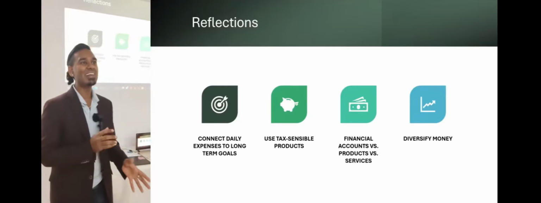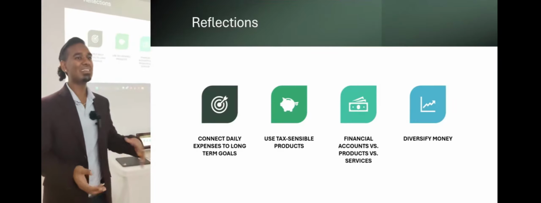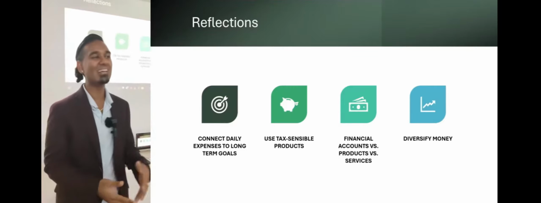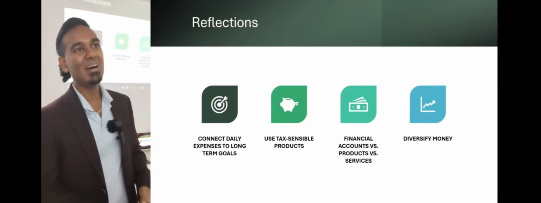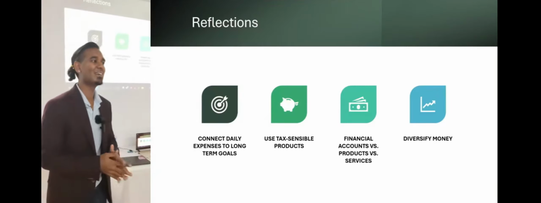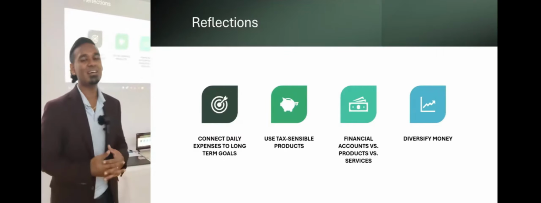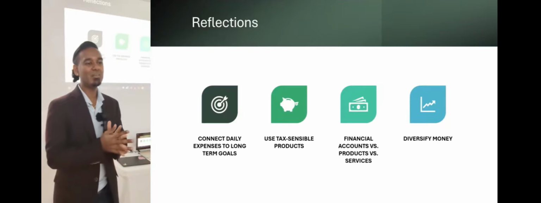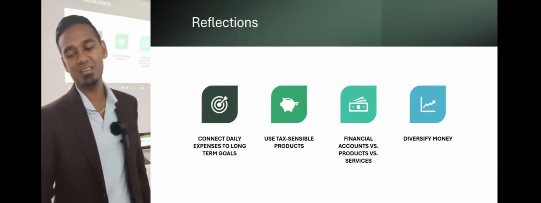The core of anything that actually has value, anything that is an asset, is a product, and anything that you use to track that value is the account that manages that product. And as services, banks are giving you the service of being able to transfer money, move money around, but they're not actually holding a lot of value for you. And the key after all of this is understanding all of this information, you can diversify your money effectively and create accounts that work for you. It's not about having one account for everything or one product for everything. It's about knowing what product meets what needs and what needs you have to satisfy.